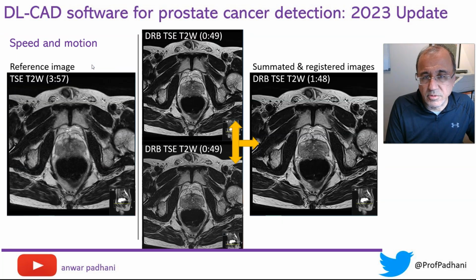So here, for example, on the left-hand side, you'll see a standard T2 weighted sequence in somebody who has a rather full rectum. And you can see that there is artifact related to bowel motion. In the middle panel, you'll see two AI accelerated sequences, both performed in under a minute, and these are summated and registered and displayed on the right-hand side with about half the time of the left-hand image, and clearly the quality